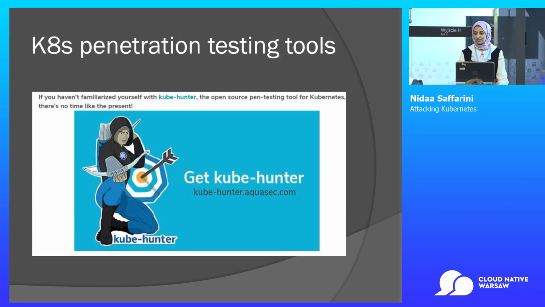For penetration tests, I actually recommend this tool, it's Kube Hunter, or Kube Hunt, it's from Aqua. You can use this tool and you can act like a hacker inside your cluster. And then you can try a vulnerability which is already exposed in the CVEs, to see if it exists or not. You can list or create API requests for your services just to see if you already have exposed services outside or not.